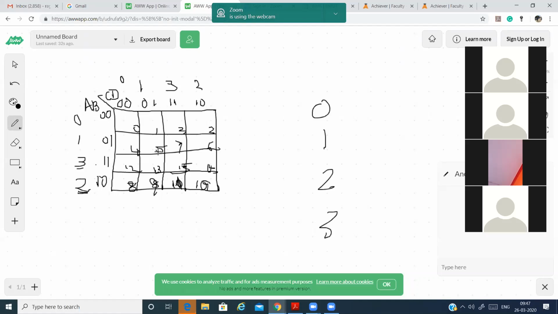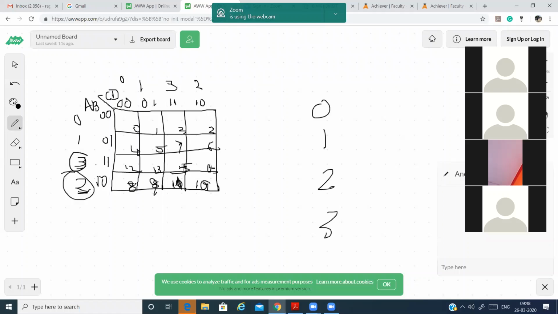Coming to the next line, 4, 5, 6, 7. And we cannot fill this one because we have a least value box. 2 is the least value box compared to 3. So first we have to fill these boxes. 8, 9, and since we have 2 here, we'll go here: 10, and again 3: 11. Now we'll start with 3: 12, 13, 14, 15. All of you understood this?